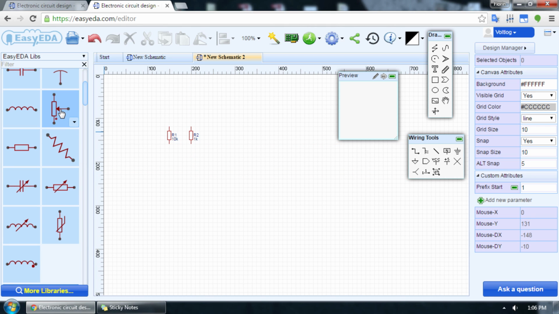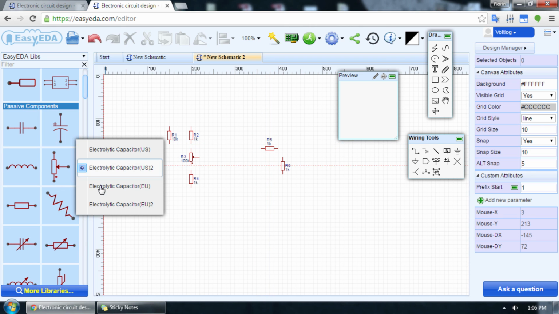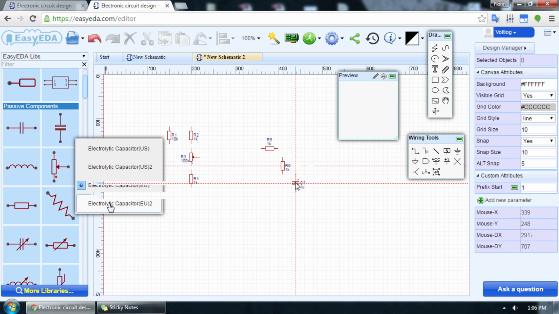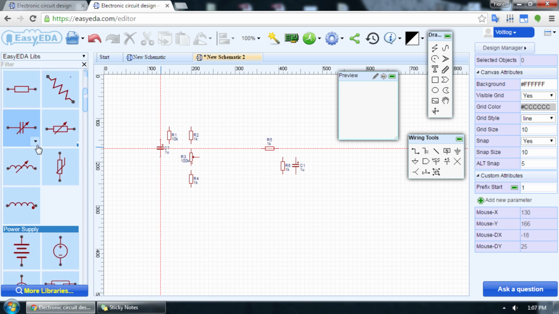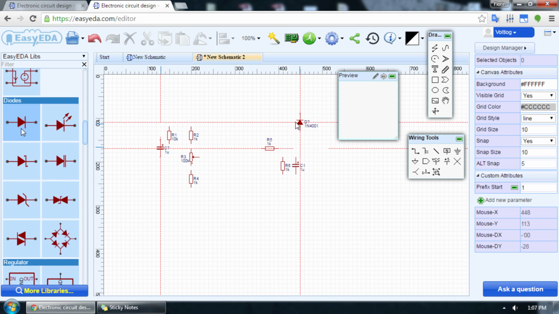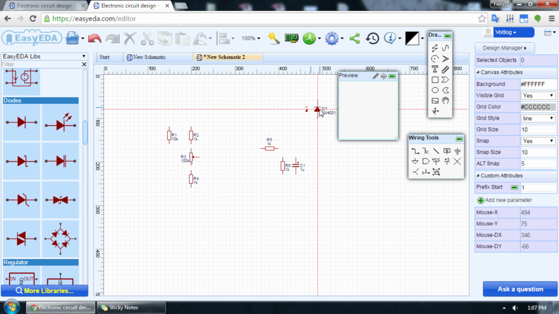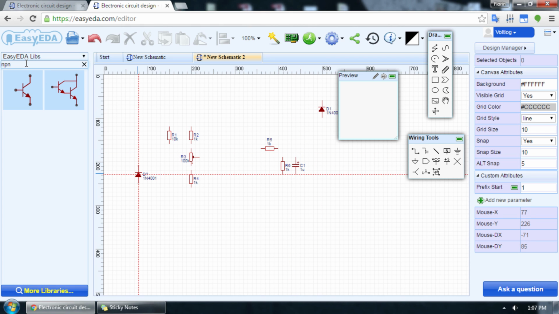There it is. It seems like information about the actual physical package is not yet visible or accessible. That might become available when I switch to the board layout tool, or it might be here but I'm not seeing it. I also need some capacitors, and I'm using the EU capacitor symbol as well. I will be needing a diode. Let's find the diode. Okay, I also need a bipolar transistor, an NPN one. I also need a